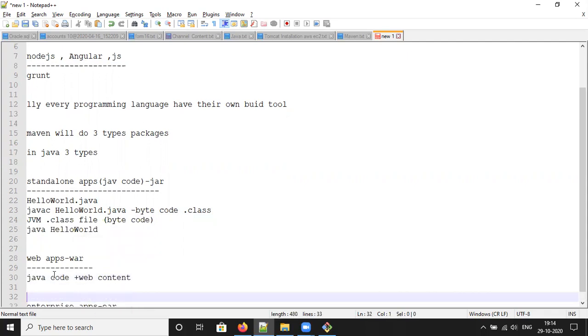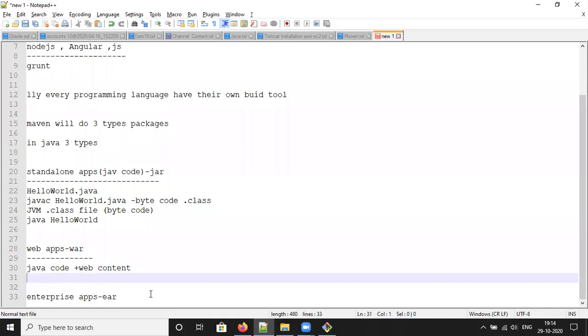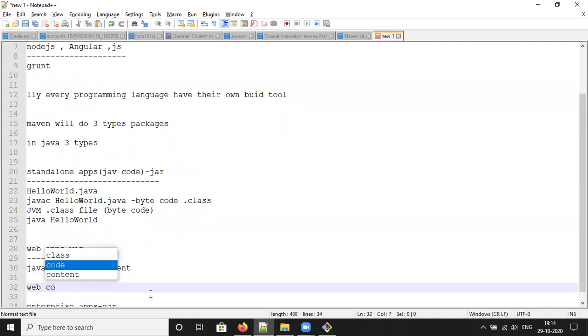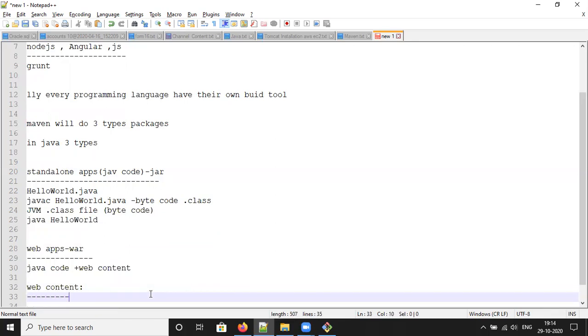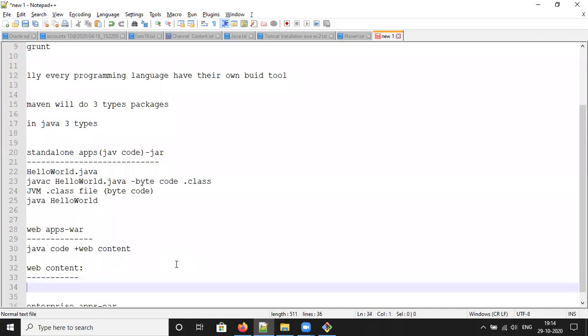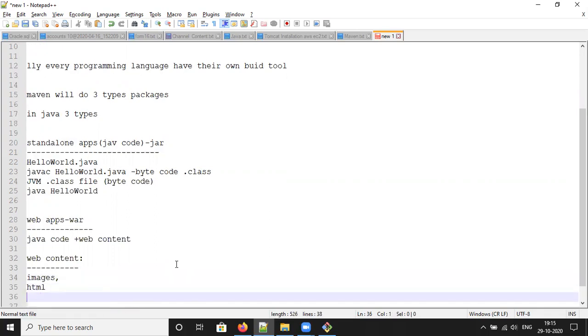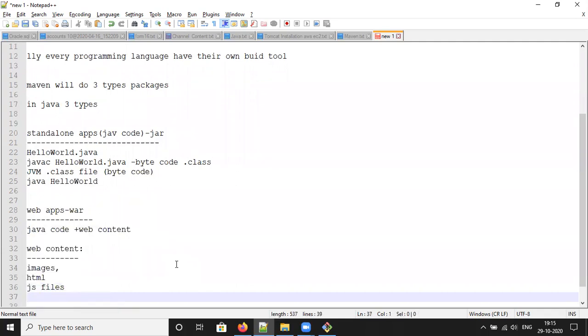In the web content we can serve all the static content, which will have images, HTML, JS files, that means JavaScript files, and CSS, cascading style sheets.